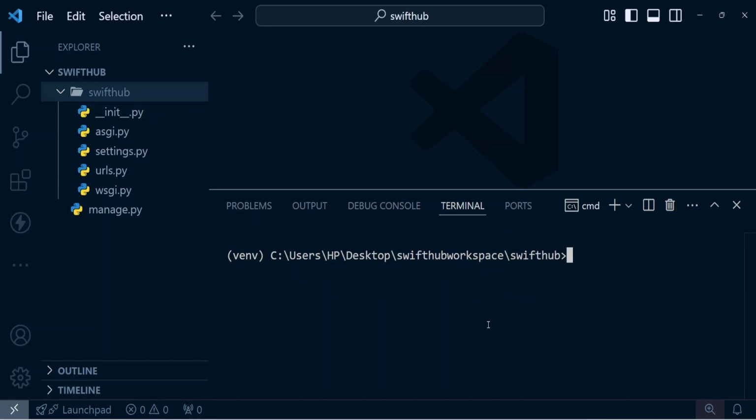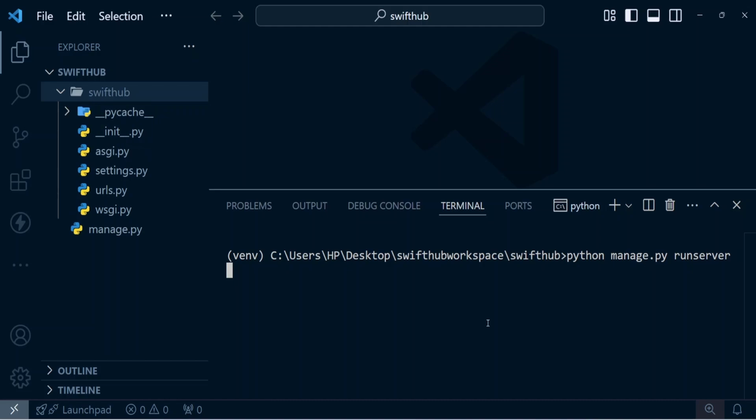So what we're going to be doing essentially in this video is to run our project for the first time, our Django project. So to run our Django project, we're going to use Python. Then once we are in the Swift hub, we have access to the manage.py. I will explain what the manage.py does, but this is what the manage.py does. So Python manage.py, and once we have called the manage.py, we can say runserver, and we wait a minute,